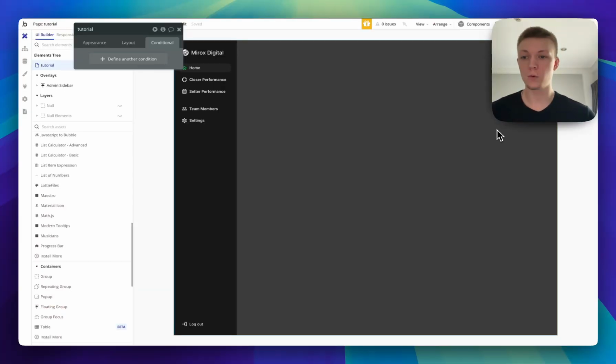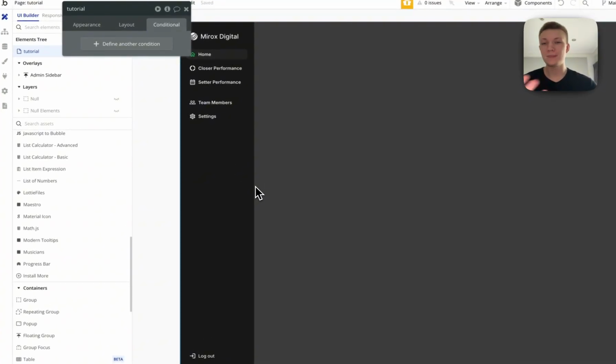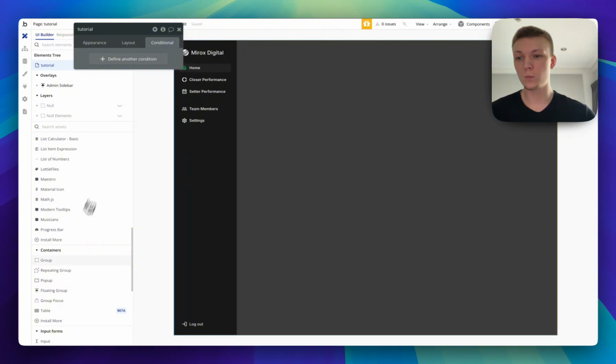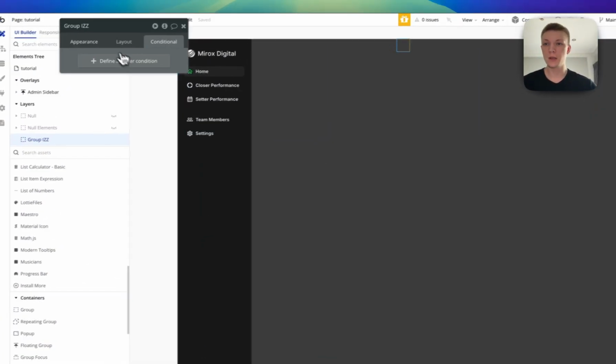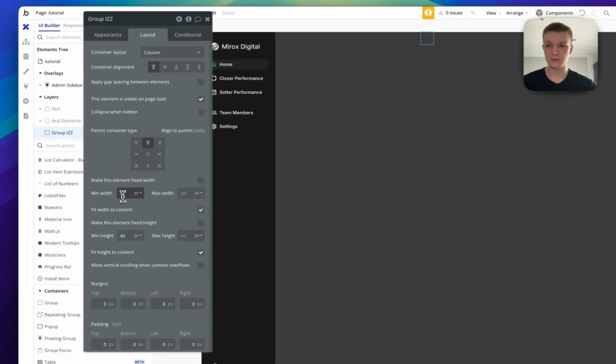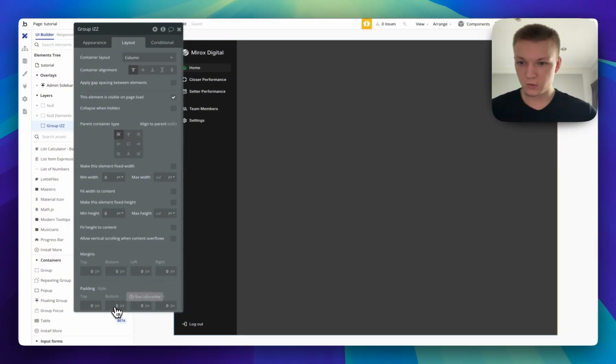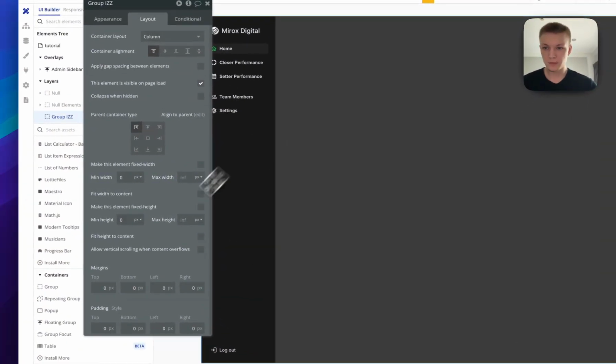First things first, what do we have to do, right? So obviously you have a sidebar on the left-hand side. I'm not going to bother with that. I have another video showcasing how to build this. But what you're going to do is just take a group. Let's remove the min width and fit width to content. Same thing here. Let's align it to the top left corner. And let's do some margin, which would be the margin of